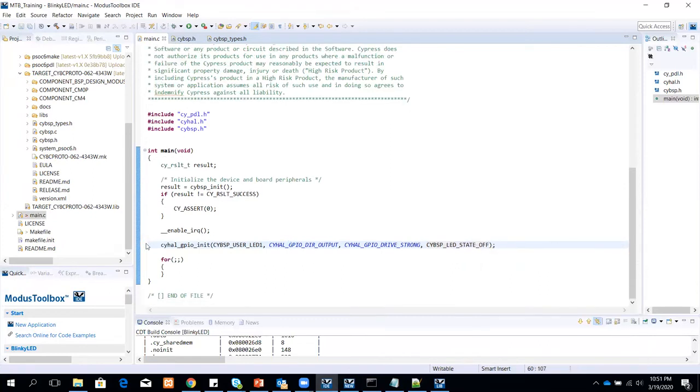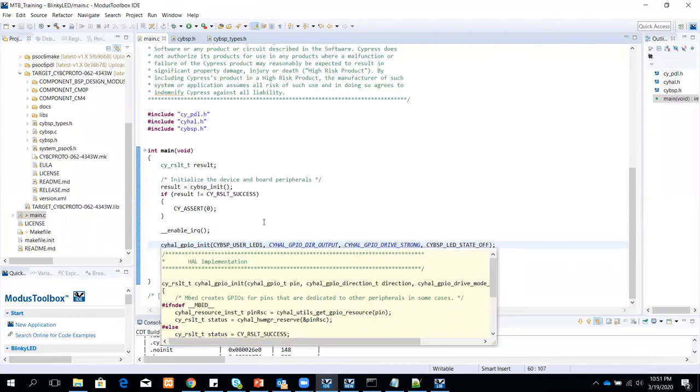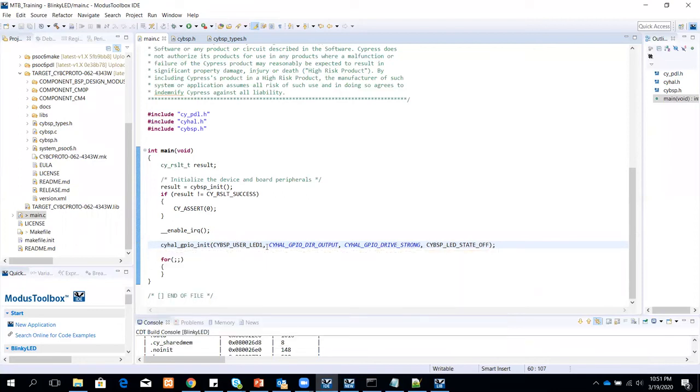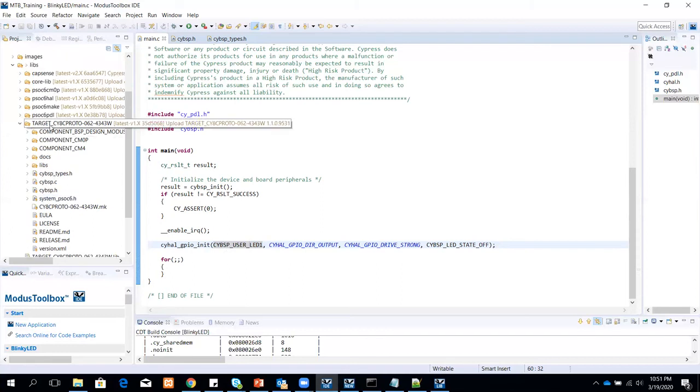Okay, so here we are initializing the GPIO and we are providing the value as CYBSP user LED1. And why this is important is because let's say I have two different boards connected, and if I give a particular pin name here, then if the board changes, your application won't work, right? So instead, if we have the BSP and you just use CYBSP user LED1, then if you have two or three different boards connected, each one of them will get mapped to the particular pin on that particular board. So you need not worry about what pin it is mapped to. Makes it easier. Okay.